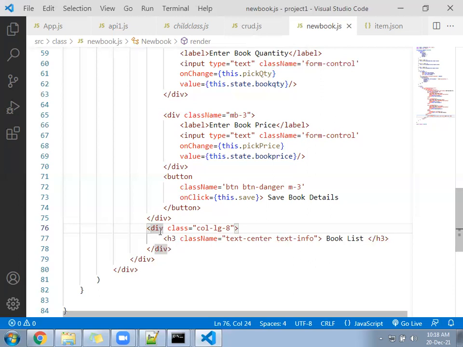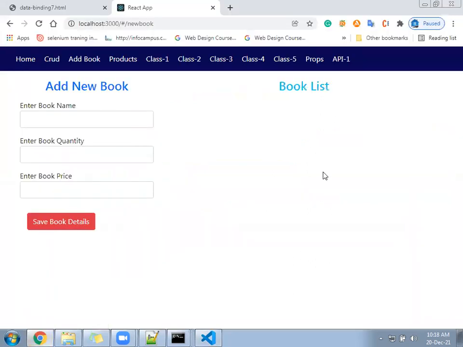What we are doing here in the 8, you need to display the list of data, the book list, in the table.